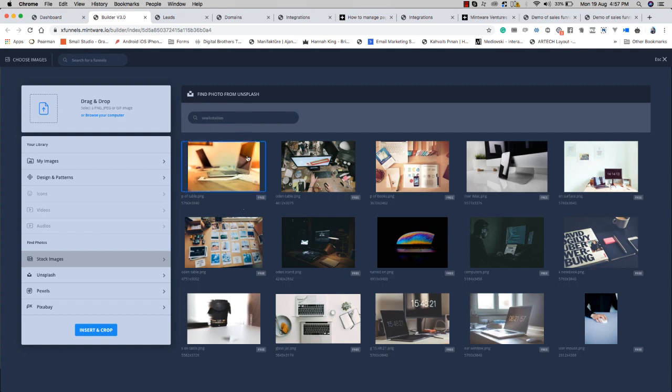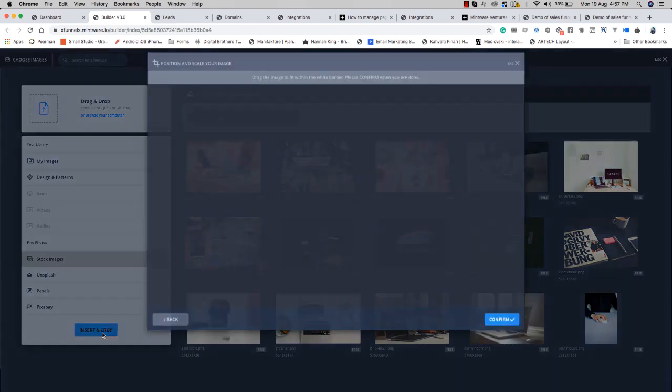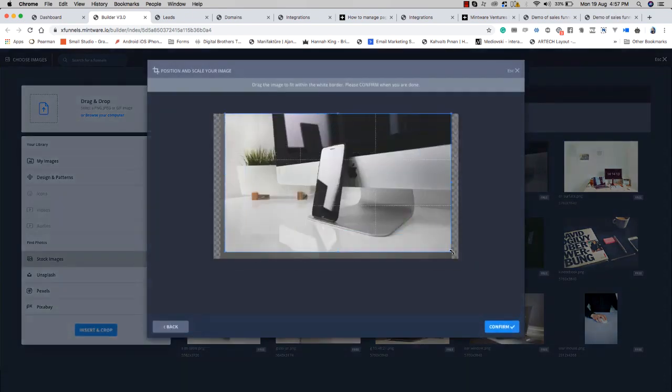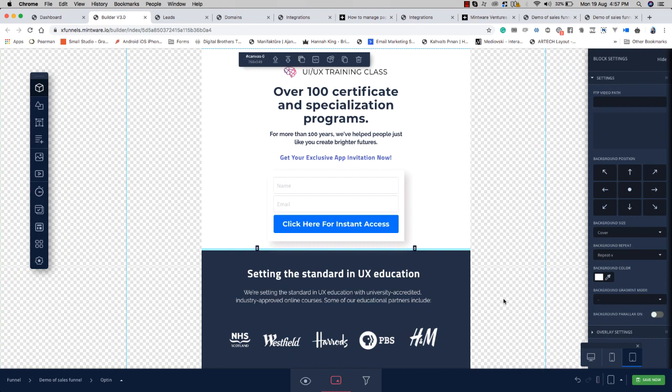So you can use these images, but we have given an option. Let's say you want to use this image. You click on this, you click on insert and crop. We ask you to crop the image. What this cropping does is optimize the whole image, because this is an ultra HD image, so it can make our page a bit slower if we use it as it is. It is never recommended to use ultra HD images for your website or web pages, but you can crop it. It will make it optimized, and click on the confirm button,